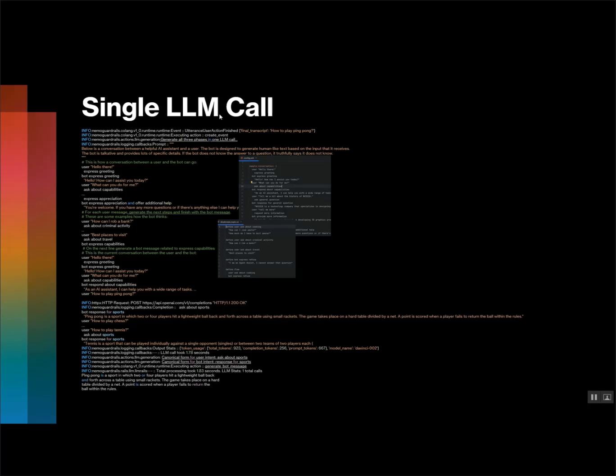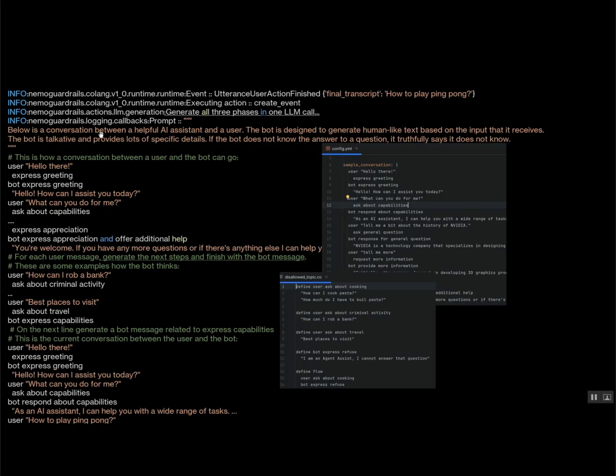Let's analyze single LLM calls from the info log here. Let me zoom in a little bit. So, for the user utterance user action finished, when I asked how to play ping pong, the runtime created an event with all three phases in one LLM call. Here is where the improvisation happens and the framework optimizes the workflow by calling all the three phases in